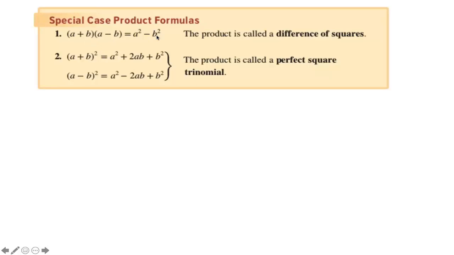And then the other case is when you have a plus b squared or a minus b squared. Again, the middle term just gets doubled, so a times b twice is 2ab, a times negative b twice is negative 2ab. So you want to make sure we understand these special cases